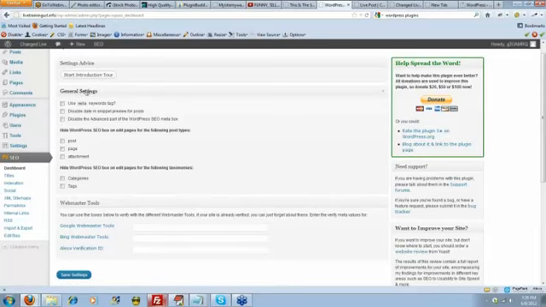You can see some of the general settings. Use meta keywords tag, yes or no. These are frequently not used much anymore in SEO. Most web developers don't even add keywords to their pages, but if you want to use them, you can. You can do other things: disable the date in snippet, the snippet preview for posts, disable the advanced part of the WordPress SEO meta box, etc. But what you want to do,